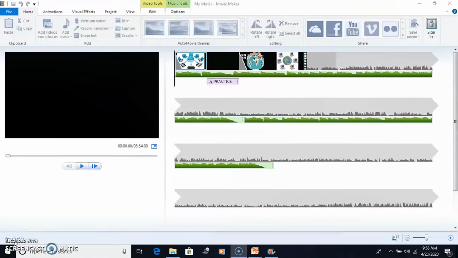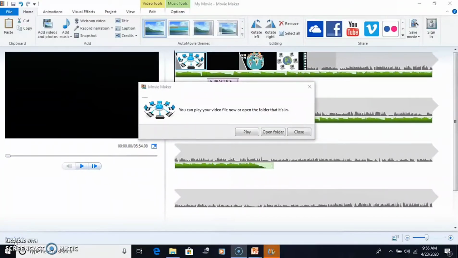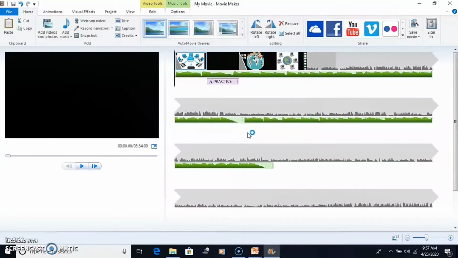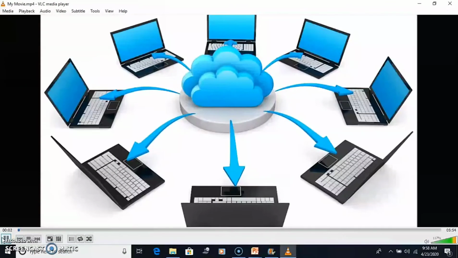Now the Save Movie process is completed, and now you can see a dialog box on your screen. There is a Play button. You can click on the Play button. The movie will play in the default media player of Windows. So you can watch the movie.